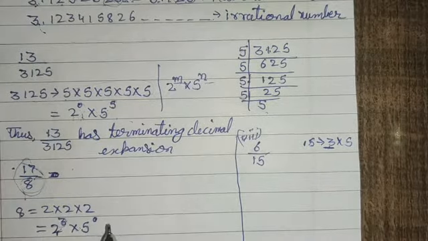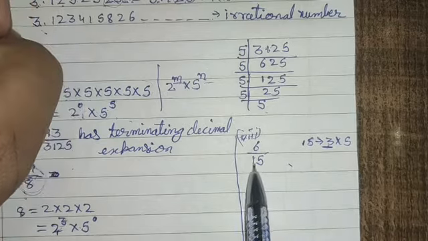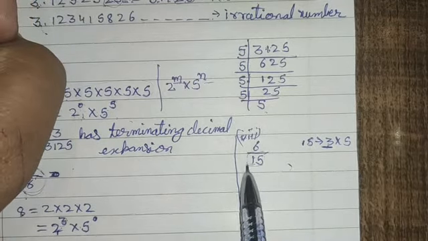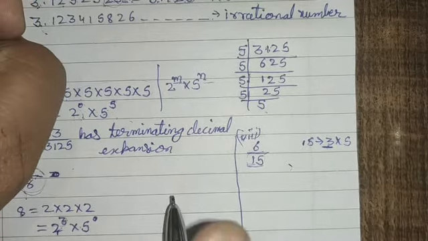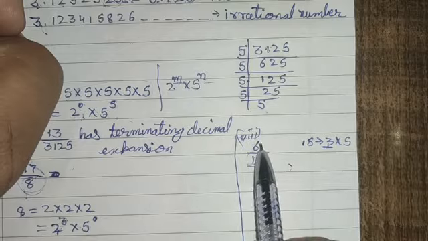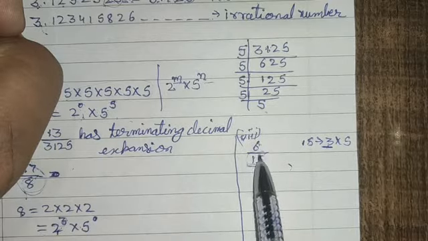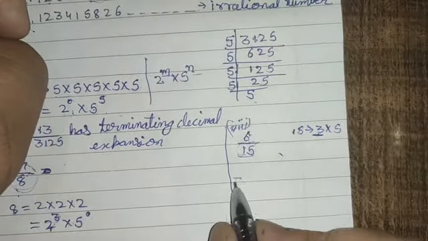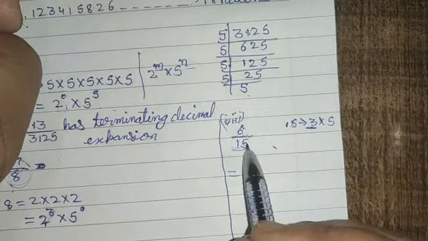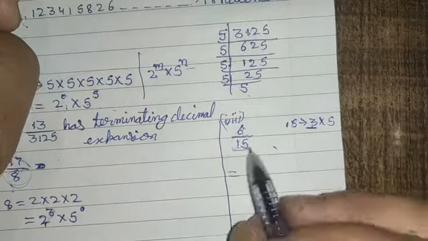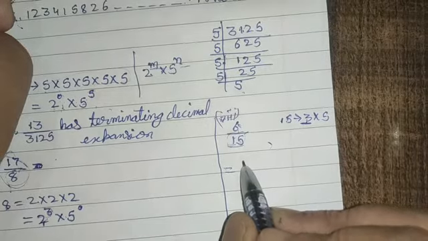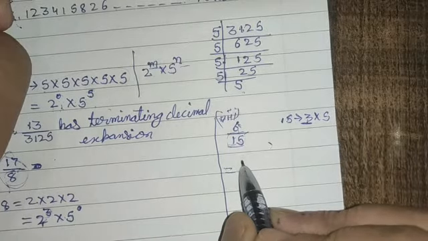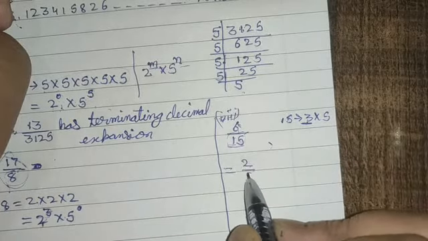What we have to see is that whenever we are taking the factors of the denominator, you should always first convert these two numbers into co-prime form. Means as we see here, 6 and 15 are both divisible by 3. So from here, 3 twos are 6 and 3 fives are 15.